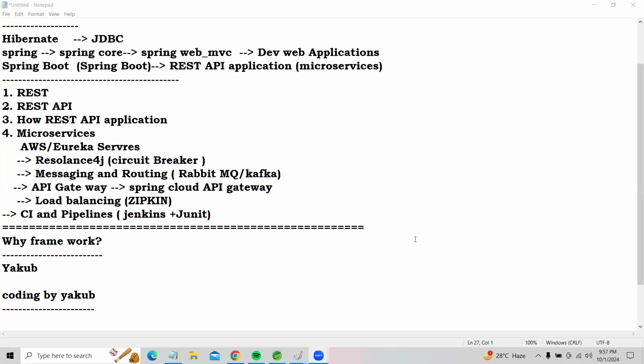Yes, sir, Baswant, with the framework we are working with annotations only. Spring Boot is nothing but annotations. I will inject you, don't worry about it. We are learning Spring Boot, nothing but writing annotations. I'll explain what an annotation is, the purpose of each annotation, and in what situation we can use it. Everything will become clear in Spring and Spring Boot. Clear, Baswantji?